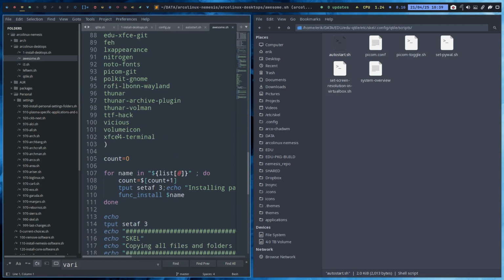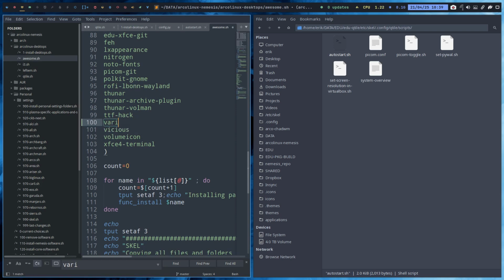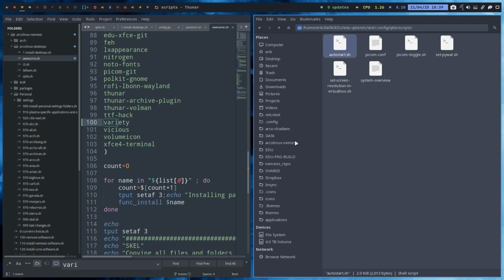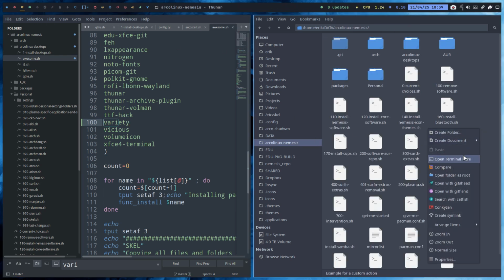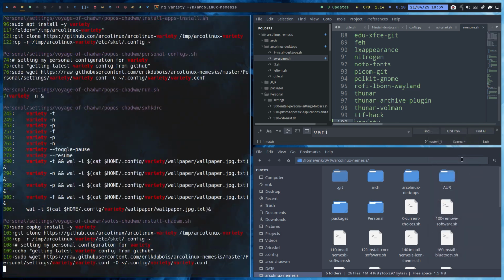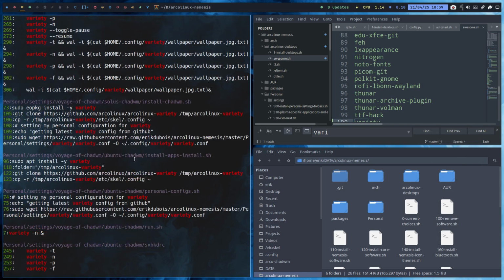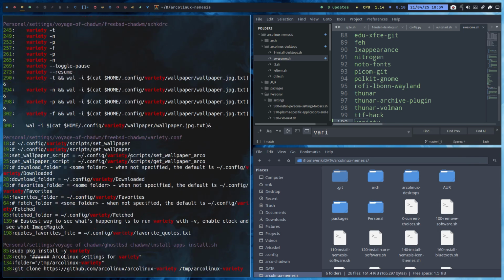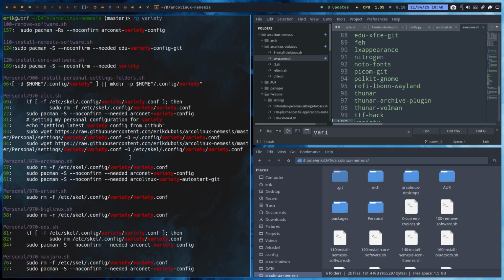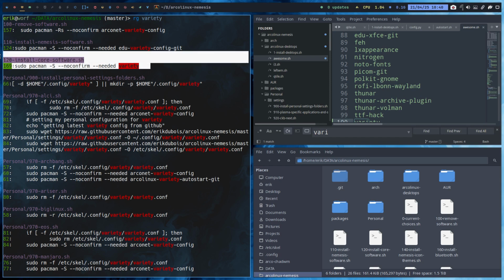No one thought about installing variety. Save. Okay. Now if I completely run all the applications, it will probably be installed. It will probably be installed, but that's a probably. So there are lots of references to variety, but I need the app, right? It's just too much to look through, although here it is. It will be installed in 120 install core software, so basically